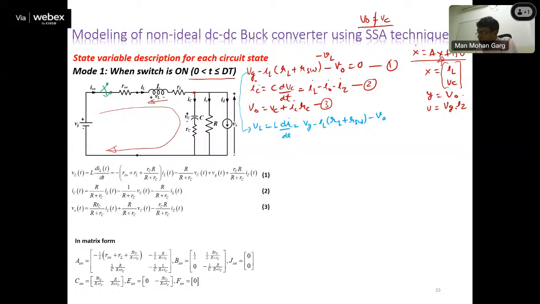So out of these three equations, if I write IC, that is C dVc by dt equal to IL, which is okay for me, minus I naught, which is V naught upon R, minus IZ. In this equation IL is okay, dVc by dt is okay, but minus V naught by R is not okay, because V naught should not be there. And IZ is also okay, because it is part of the load current. IZ is of the nature of VG, so it will be considered in the VG category now. So we have this third term V naught. What we can do is put this V naught over here, and with the help of this V naught,